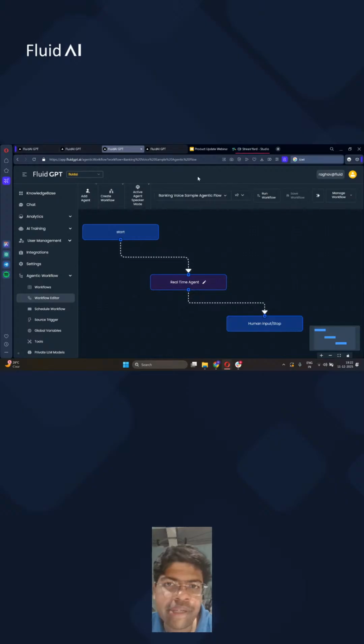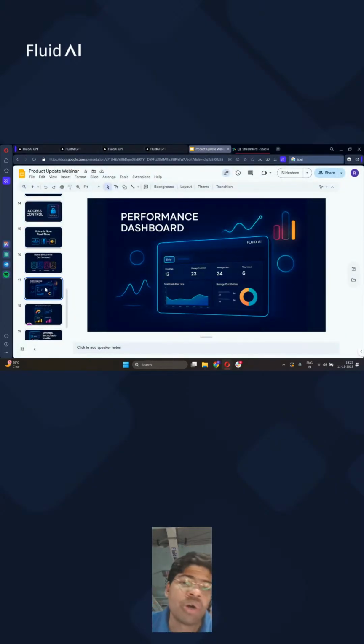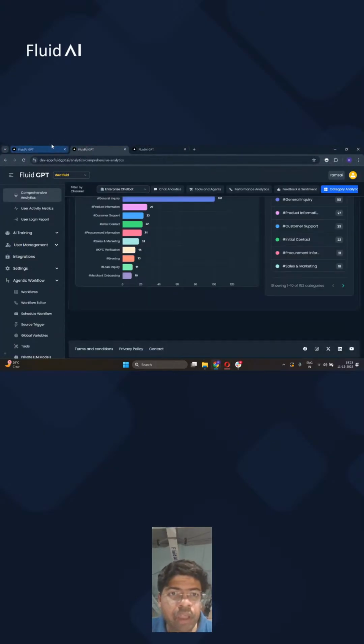All right, so let's go on to the next interface. We've worked a lot on performance, giving you the metrics of the different performances that occur within these AI agents, and that are really enabling you to fine tune and see how your engine is performing, how your system is performing. Right? So let me put up some performance metrics out here, and then show you how deep we can go now.